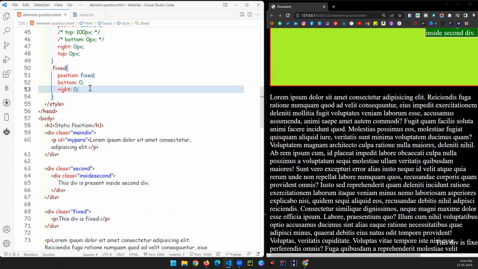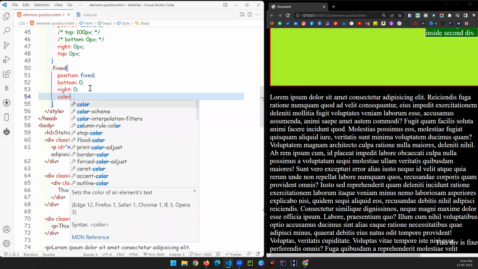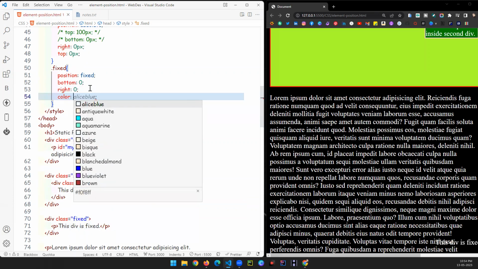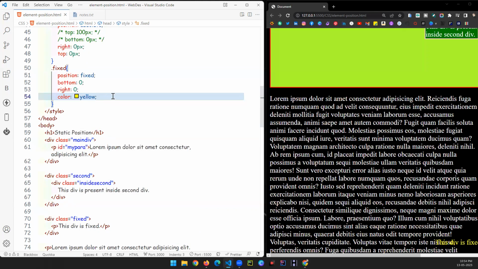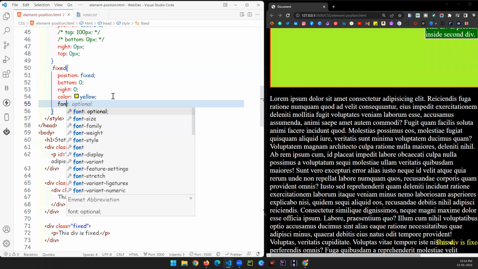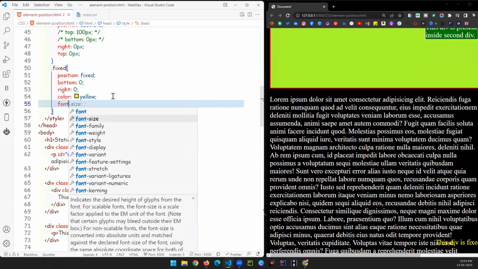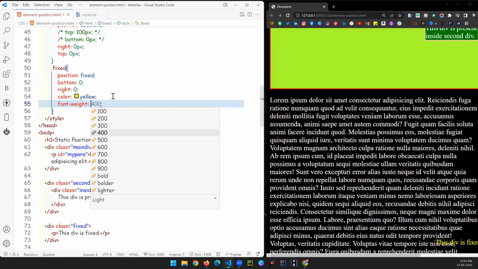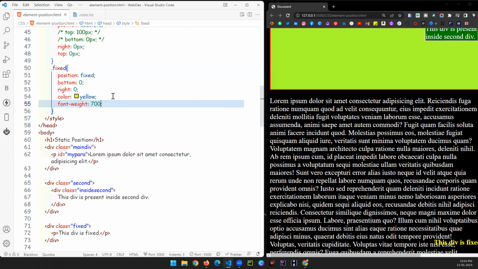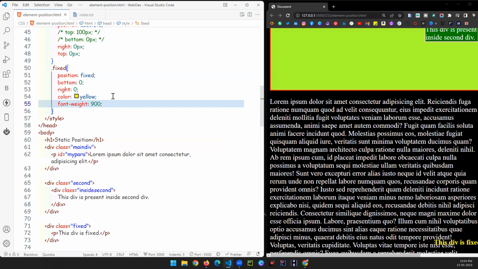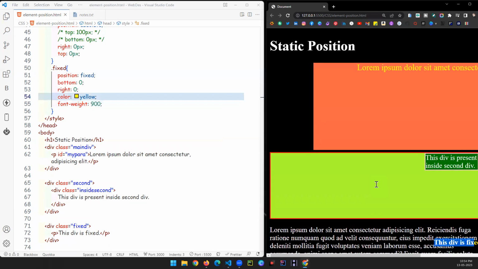Let's have color also. Color yellow. Yellow will be more visible over here. Okay, and a font size, font weight. Let's have 700. Okay, 700 or 900 we can have, so that thickness increases. Okay, over here we can see this particular data what we have put over here, that is fixed now. Can you see that